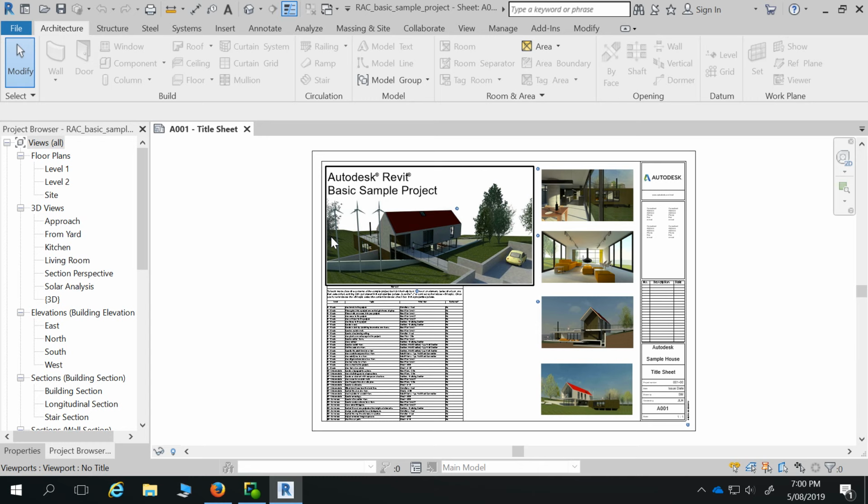So this is a 2D sheet with some 3D images on it that have come from the model. So it's come from these views. They've set up a couple of 3D views, which are what some of these are put onto the sheet. And they've also set up a bit of a schedule here. So the schedules are all sort of part of the